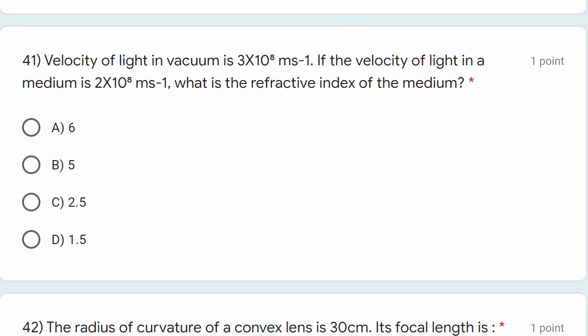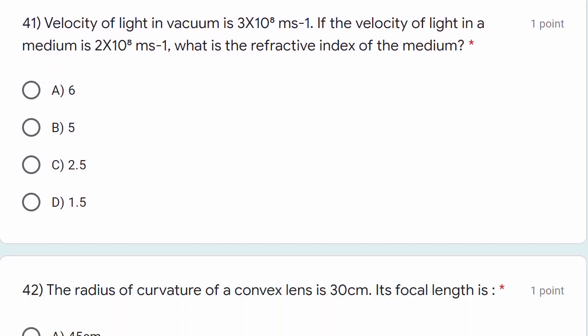Then there are the questions. So the first question is: velocity of light in vacuum is 3 multiplied by 10 to the power of 8 meters per second. If the velocity of light in a medium is 2 multiplied by 10 to the power 8 meters per second, then what is the refractive index? Now refractive index is defined by